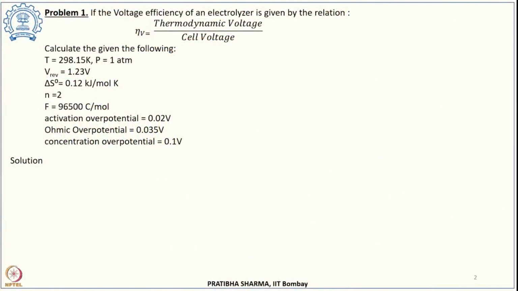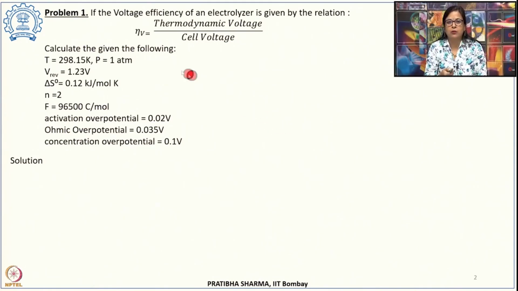This is a tutorial class on water electrolysis, and we will solve problems related to electrolysis. To start with, the first problem states that the voltage efficiency of an electrolyzer is given by the relationship efficiency equal to thermodynamic voltage divided by the cell voltage, and it has also provided the information that the temperature is 298.15 Kelvin, pressure 1 atmosphere, the reversible cell voltage is 1.23 volt, standard entropy change is 0.12 kilojoule